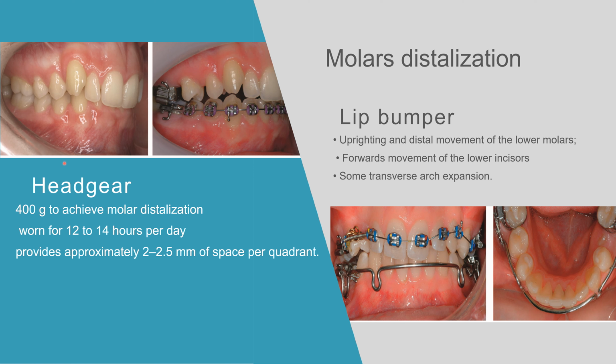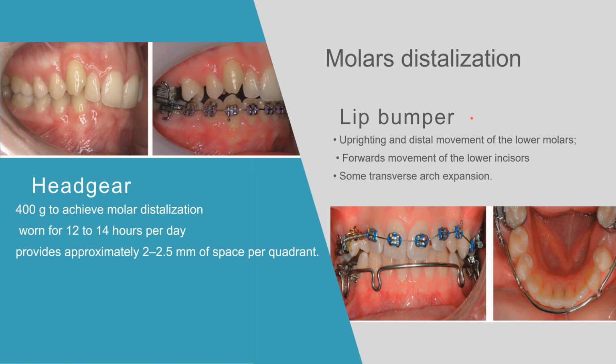The headgear is mostly used for distalization of the maxillary first molar or maxillary molars by applying 40 grams to achieve the molar distalization, and the headgear should be worn 12 to 14 hours per day and provides approximately 2 to 2.5 millimeters of space per each quadrant, while the lip bumper is mostly used for the distalization of